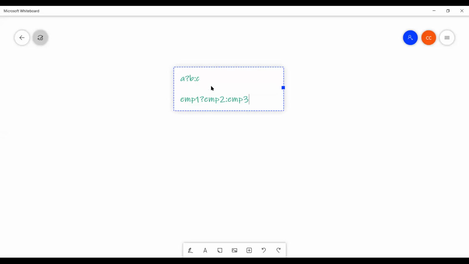We can represent it in two formats, not a problem. So first we'll take one example.